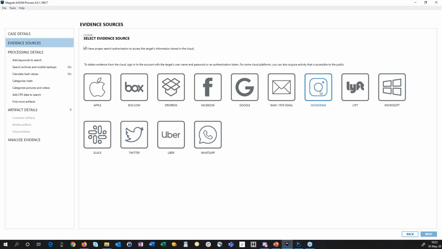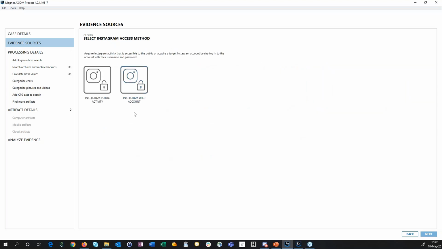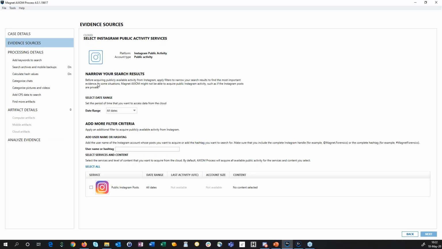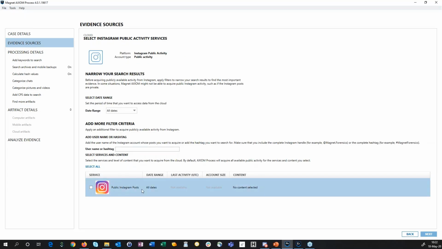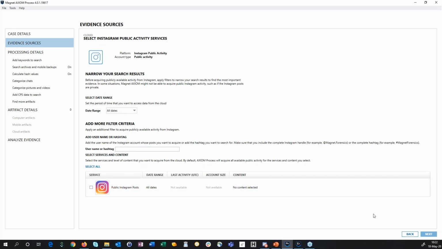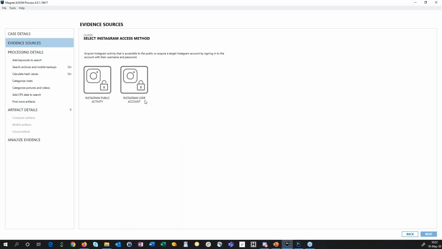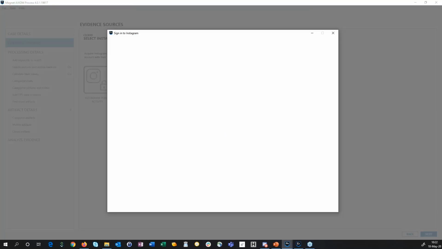Much like the other one, I have different options here than Microsoft in that I can do some public activity, which is basically the public scrape. And I can do Instagram user account information. The difference between the two is I'm going to choose the public activity first. You get public Instagram posts. That's what you get. If you go back, however, and you choose the Instagram user account information, once I've logged into it,